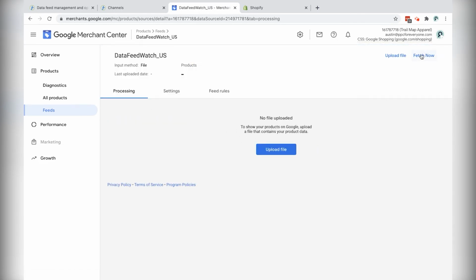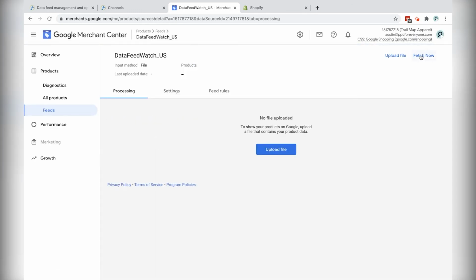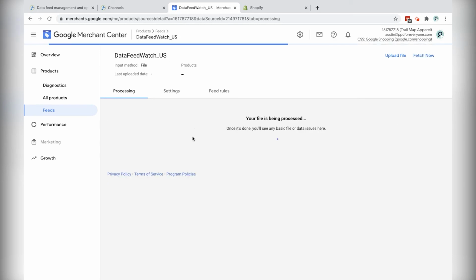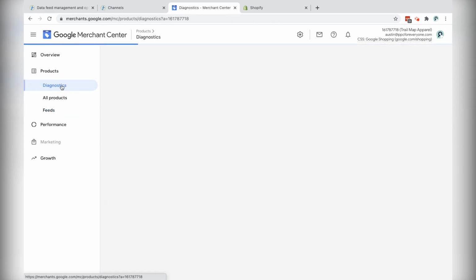I just have to click at the top right here, fetch now, and then I'll wait a minute or two for that, and I'll refresh the page actually. This is how I can see if it took. Might just press that again. There we go. The feed's processing, and I can see when it started being processed. I'm not going to wait for this in this video, but once you've waited for this to be processed, you'll see in the diagnostic screen